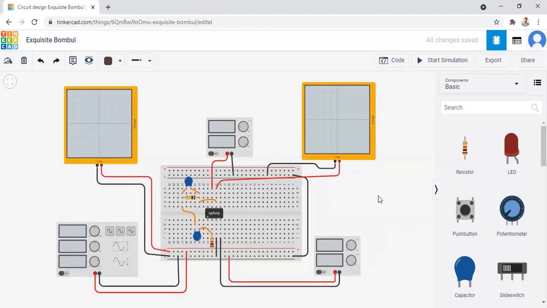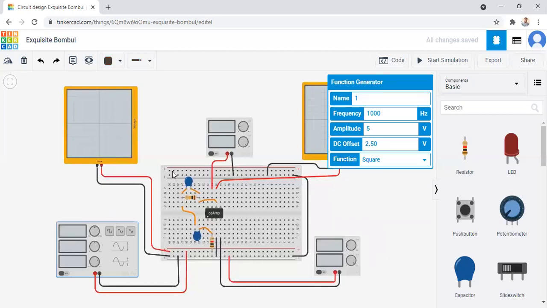So as all the connections have been done, now we set the parameters. In the function generator, we set the frequency to 1000 hertz or 1 kilohertz. Okay, and amplitude we set to 0.50. DC offset voltage we set to 0.50, and the type of wave we want to give is triangular wave.